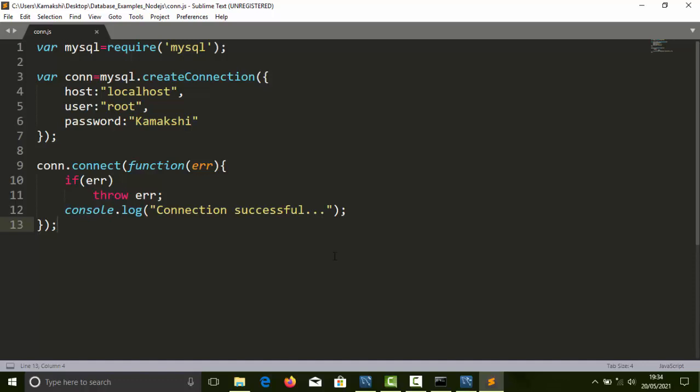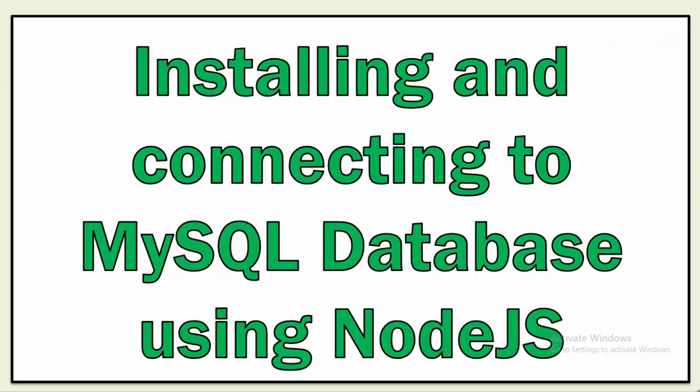So this is the task which you need to perform in order to make the database connectivity. First, we will install two things, MySQL and the MySQL module. Then, in order to make the connectivity using Node.js, we just need to write this simple code in a .js extension file, which will contain two functions, or methods, that is createConnection and connect. So that's all for today. I hope you have understood how to do the installation and connect to that specific MySQL database using Node.js.